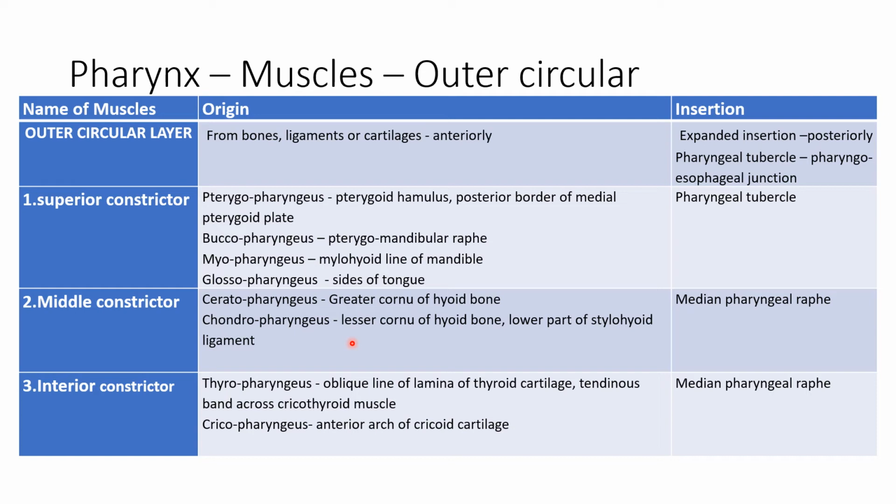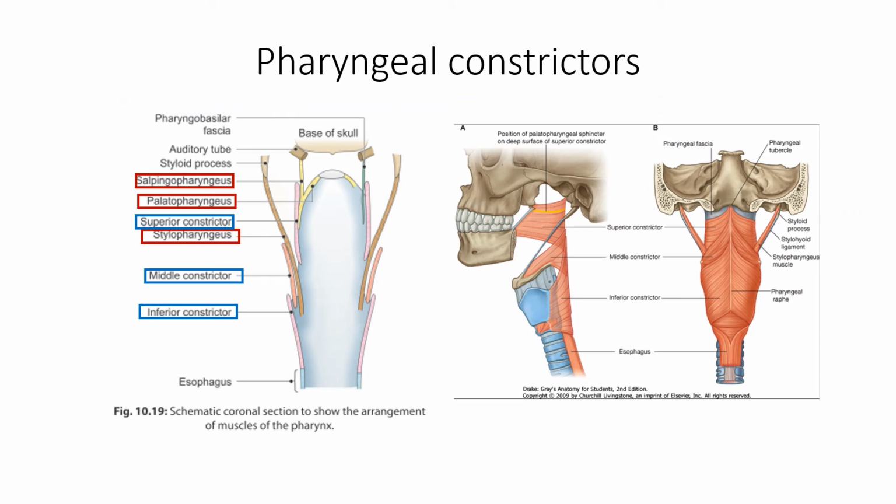And these constrictors are inserted into the median pharyngeal raphe extending from the pharyngeal tubercle in relation to occipital bone to the pharyngoesophageal junction. In these pictures, you can see both longitudinal muscles and the circular muscles of the pharynx. We can identify the constrictors. So the superior constrictor, the middle constrictor and the inferior constrictor, and above the superior constrictor, the longitudinal muscles which you are seeing are the